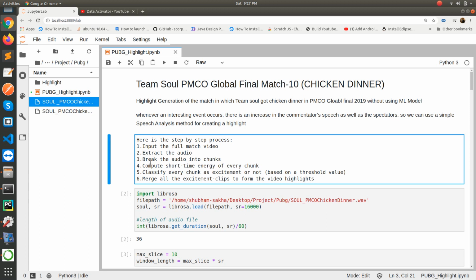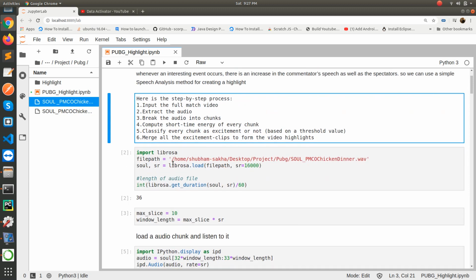Now what this Python file is going to do is break the audio into chunks of 10 seconds or 15 seconds, and we'll calculate the energy, like the pitch. For that we will use the Librosa library of Python. We'll calculate the energy of one audio chunk, and similarly the energy of all the chunks.